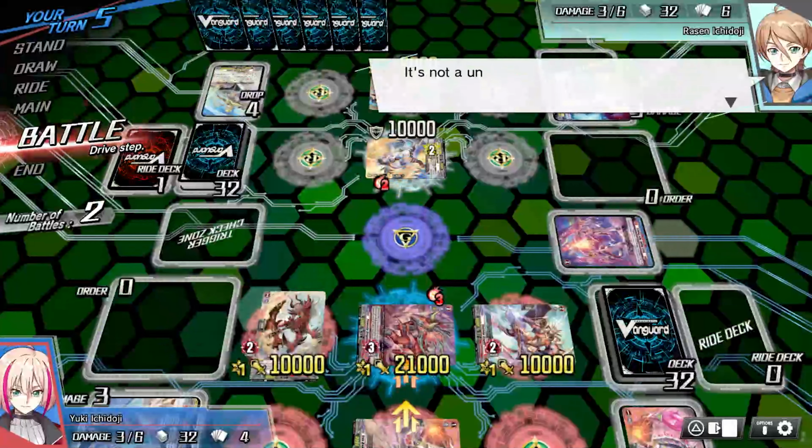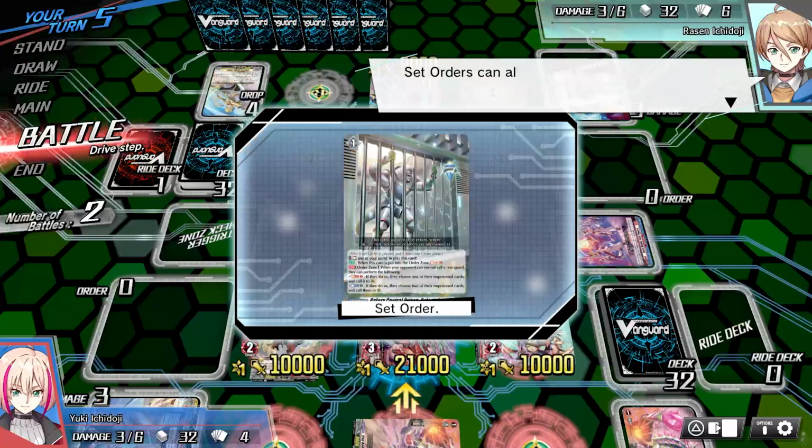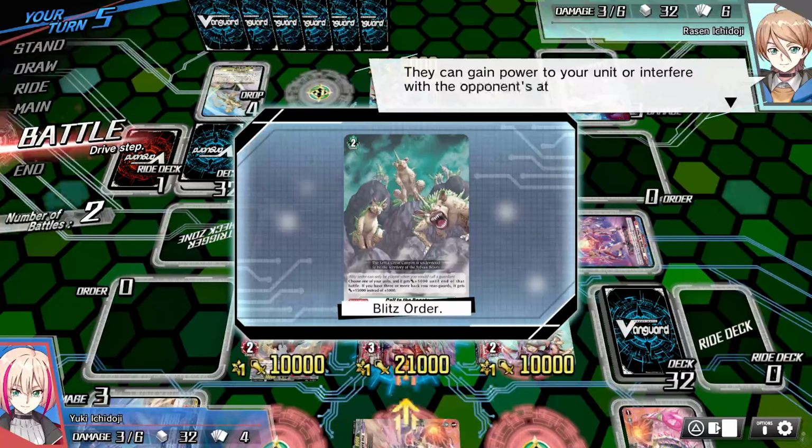That's an order card. It's not a unit. You can't place them in a rear guard or Vanguard circle, but in exchange they have special abilities. Normal orders can be played during the main phase. They can temporarily power up your units or act as equipment. Set orders can also be played during your main phase. The effect remains active as long as the card is in your order zone. Blitz orders can be played when your opponent attacks. They can give power to your unit or interfere with the opponent's attack. You can only play one order card per turn. That revealed card is a Blitz order. Use it when I